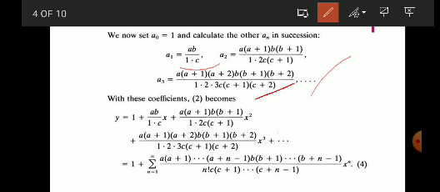Then the equation becomes y equal to summation a_n x raised to n, that becomes y equal to 1 plus ab by 1 into c x plus a(a+1) b(b+1) by 1 into 2, c(c+1) x square plus etc. That becomes 1 plus summation n equal to 1 to infinity a(a+1)(a+2) etc. (a+n-1) b(b+1)(b+2) etc. (b+n-1) by n factorial, c(c+1)(c+2) etc. (c+n-1) into x raised to n.